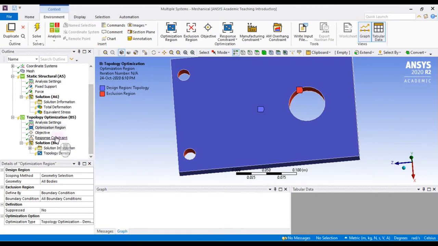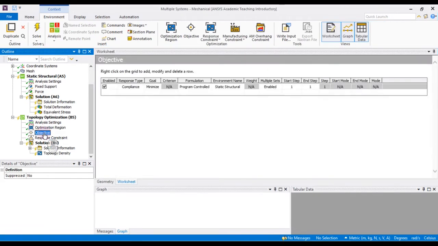The next step is something called the objective. Let me click this objective. You have a particular program control. It is purely program control, and my aim is to minimize my result. So mostly you need not change this objective, let it be the same. Only in the advanced option can you go here to change your goals and all. But since this is a trial version, you don't have many options here. Okay, we'll go for response constraint.